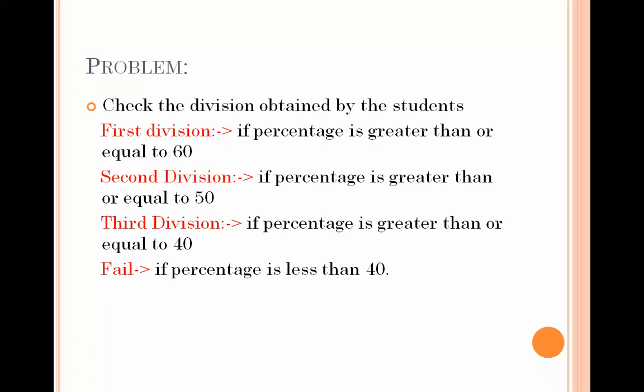We have to decide it on the percentage. That means in this kind of situation we have multiple conditions. What are our conditions? Our condition is whether the student has obtained 60%, 50%, 40%, or less than 40%. These are our conditions. That means multiple conditions, and we can easily make use of the else if ladder.